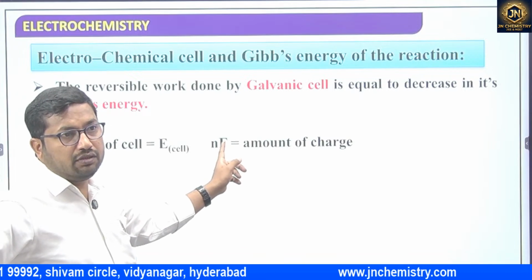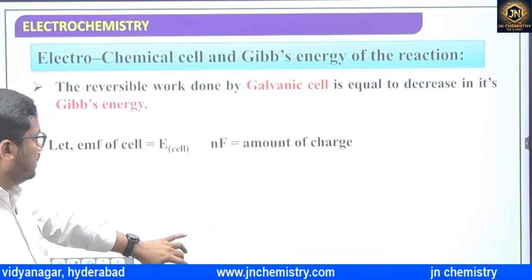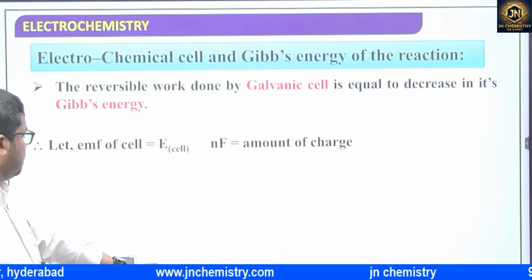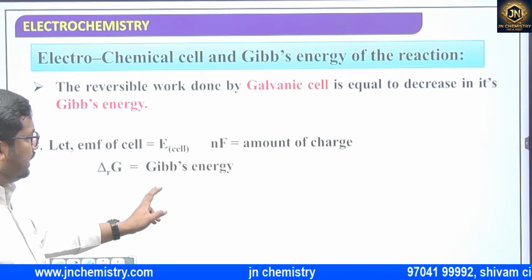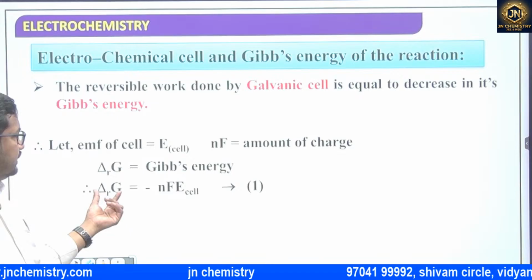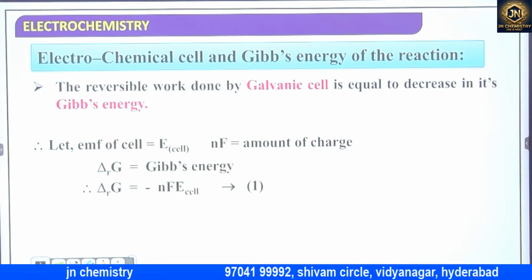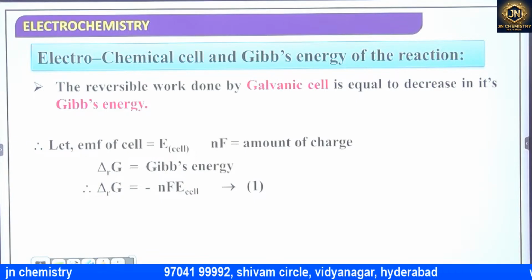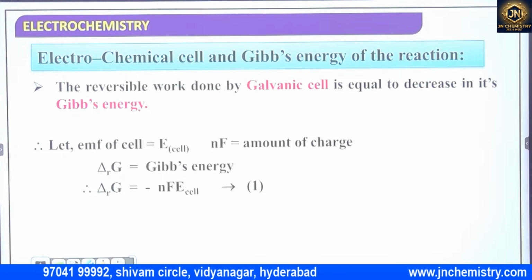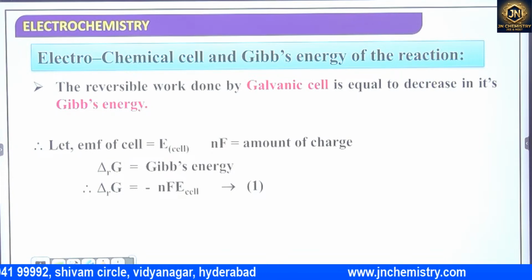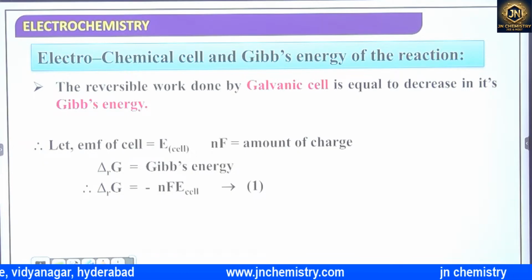Faraday's constant, 96,500 coulombs, is the amount of charge passed. So delta G is the Gibbs free energy. Delta G is equal to minus nF E cell. Write it down. Delta G is equal to minus nF E cell. Very, very important. The reversible work by the galvanic cell is equal to